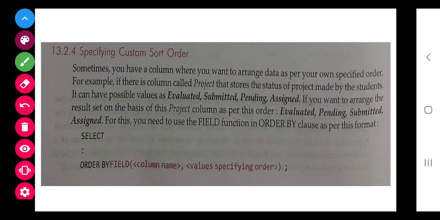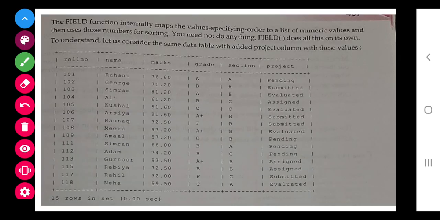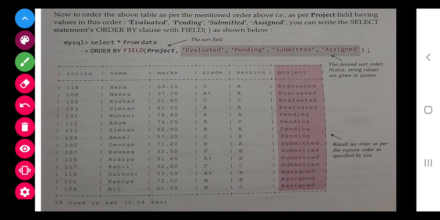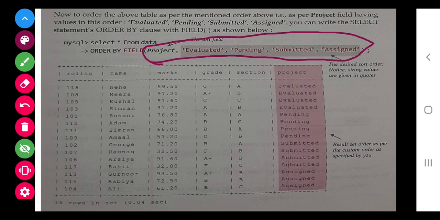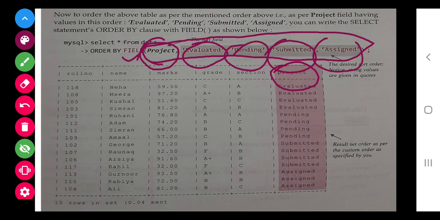Next is specifying a custom order. So class, considering this, now they will use a custom order. How will they use it? Class, see this line. FIELD is the keyword used. The first they will take as this, and they are arranged according to evaluated, then pending, then submitted, then assigned.